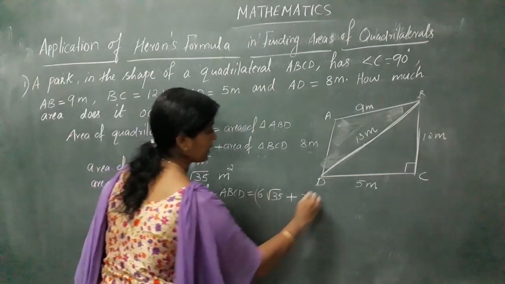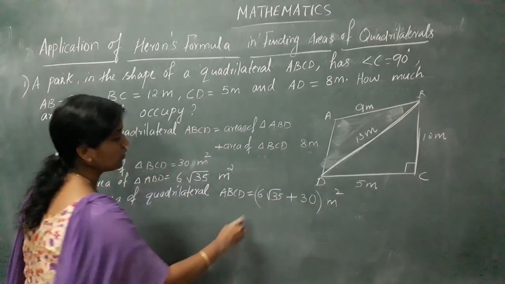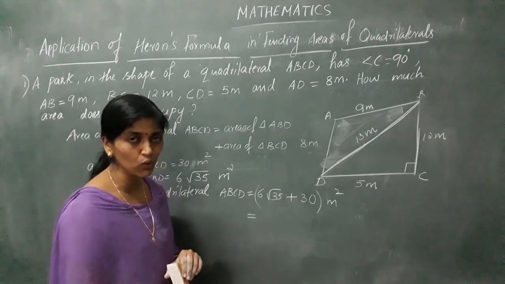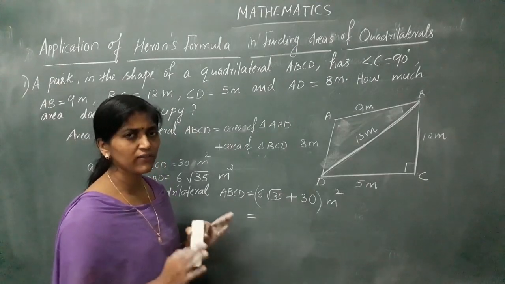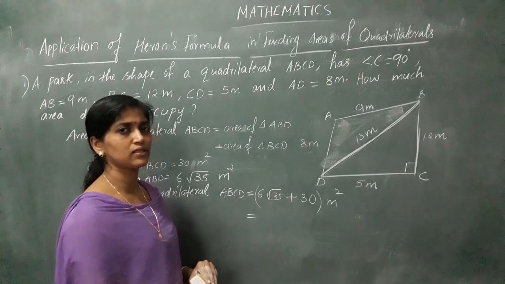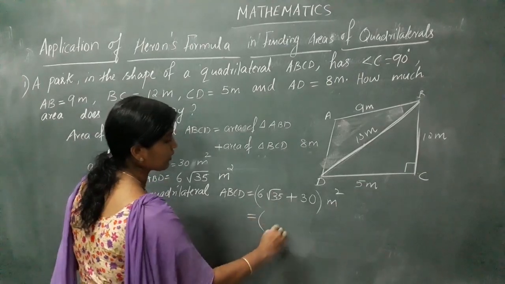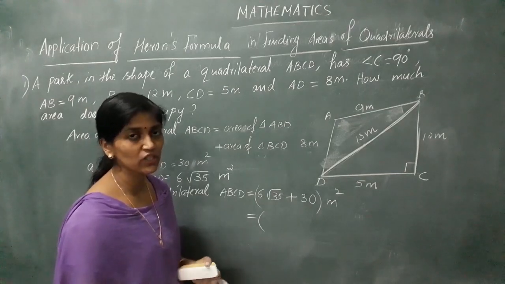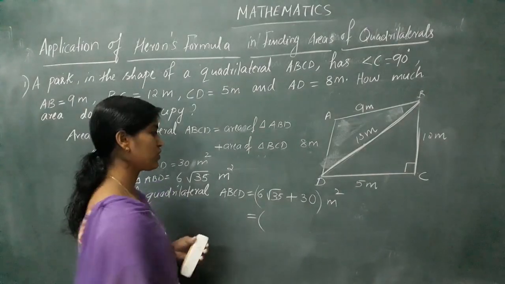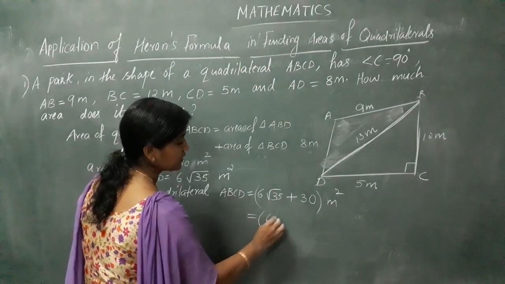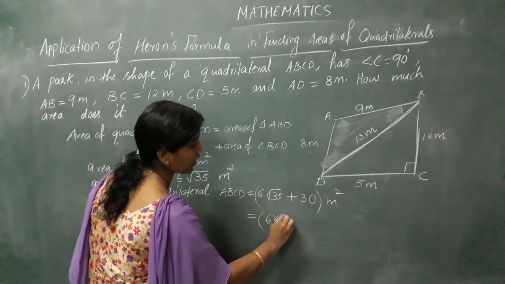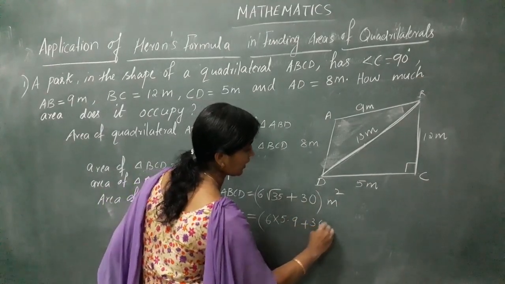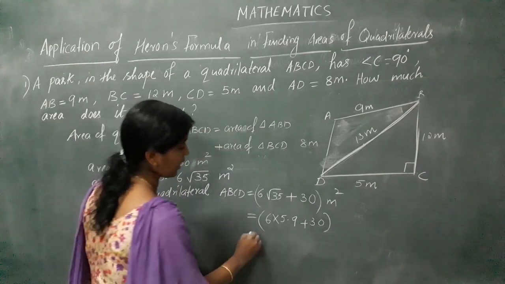This much meter square. So we have studied last time root 35. You know how to find the root using the division method. 35 is approximately equal to root 36, isn't it? So the value of root 35 you studied last time using division, how to find the root of a number. So using that you can find it, 6 into root 35, which is 5.9. Clear? So that plus 30. Now we have to multiply.